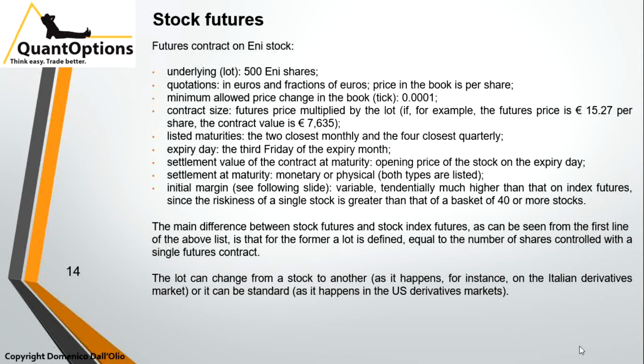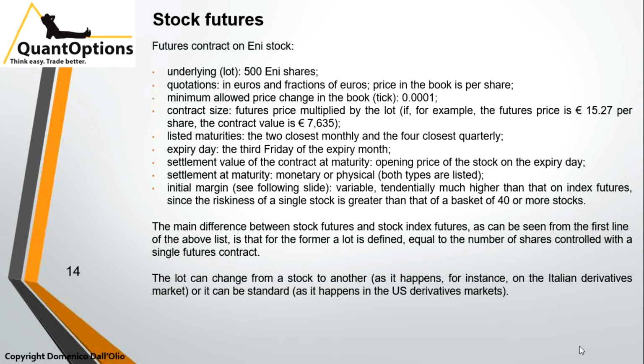Settlement at maturity can be monetary or physical. Both types are listed, so you have to be aware of what you are picking. If you are picking the physical settled, then at maturity you will be assigned some number of shares of the underlying stock. Initial margin, which we will discuss in the next lesson, is variable, tendentially much higher than that on index futures,